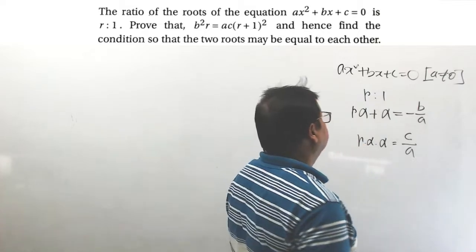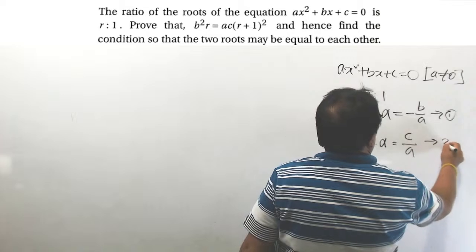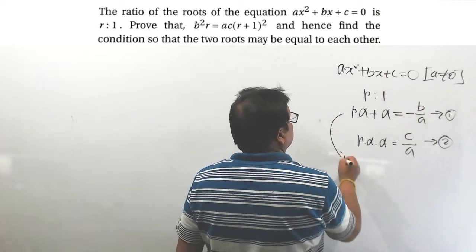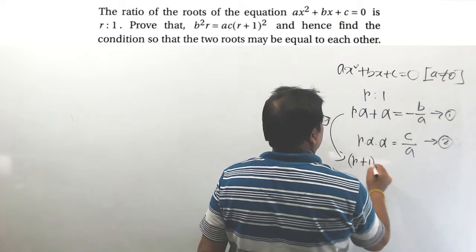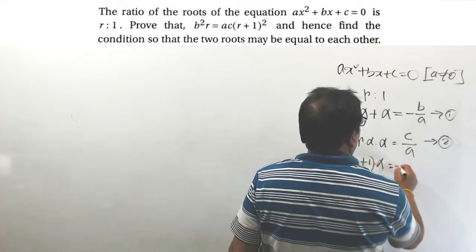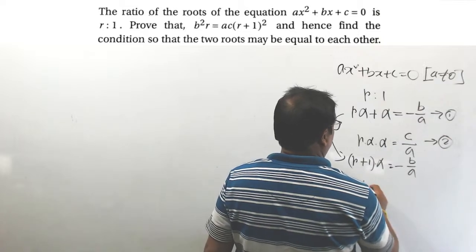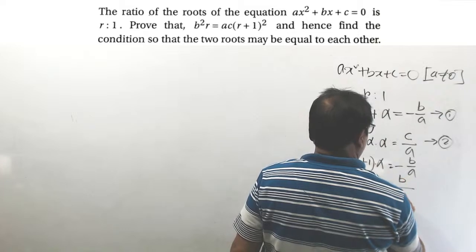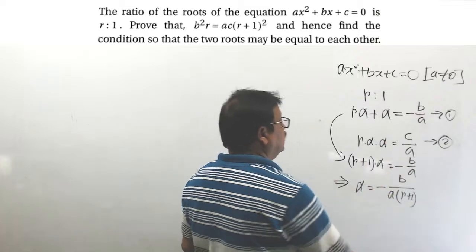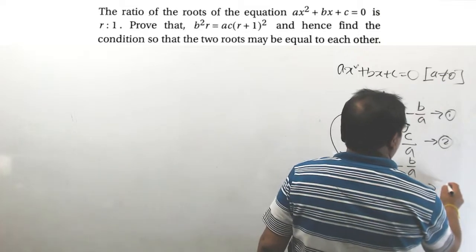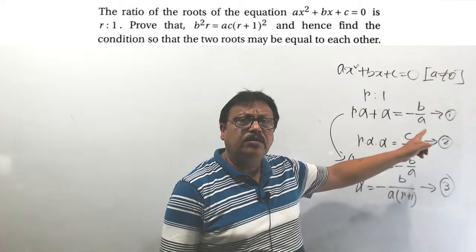কিভাবে? আচ্ছা দেখো, let us say it is number 1 and number 2. Okay, from this what you can write? Take common alpha, so r plus 1 into alpha is equal to minus b by a. Understood? এটা কি ইমপ্লাই করছে দেখো, alpha is equal to minus b by a into r plus 1. This is alpha is equal to this. বুঝতে পারছো? নাম্বার 3 ফর আইডেন্টিফিকেশন অনলি নাম্বার দিয়ে রাখো, তাহলে বুঝতে সুবিধা হবে।